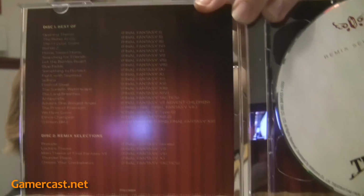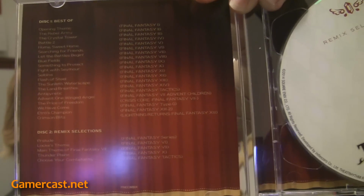Disappointed in the choice for Final Fantasy 8 music, 8 being one of my favourites. So yeah, you got a large selection. The remix doesn't have that many on it, but I imagine the prelude, which says series, will probably be quite long, and if it is a remix,